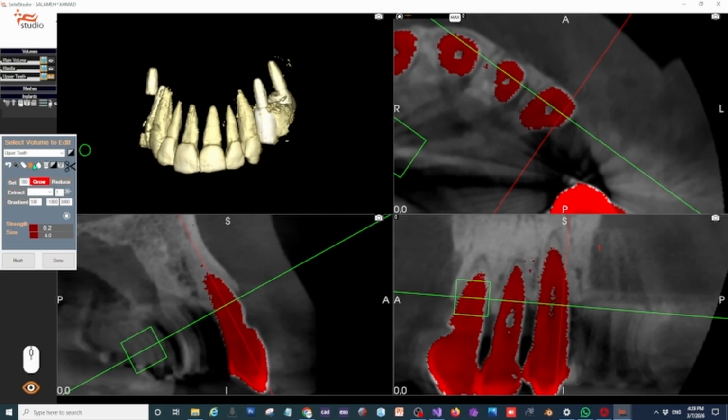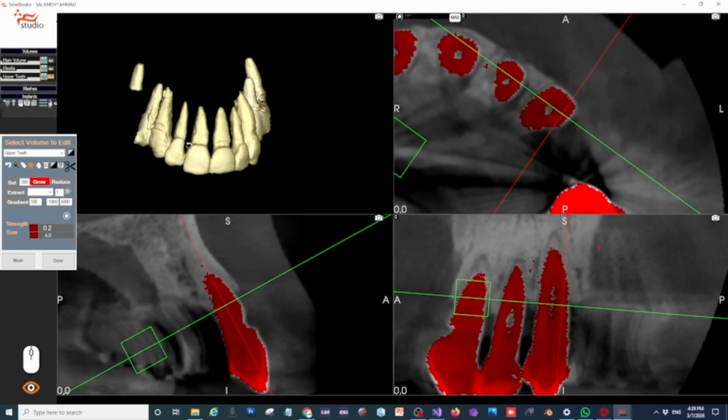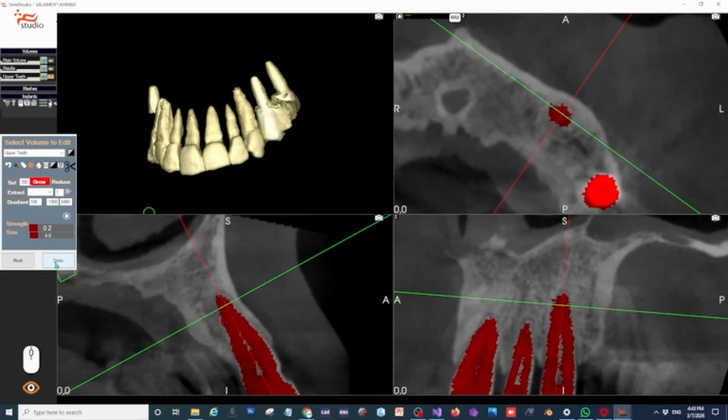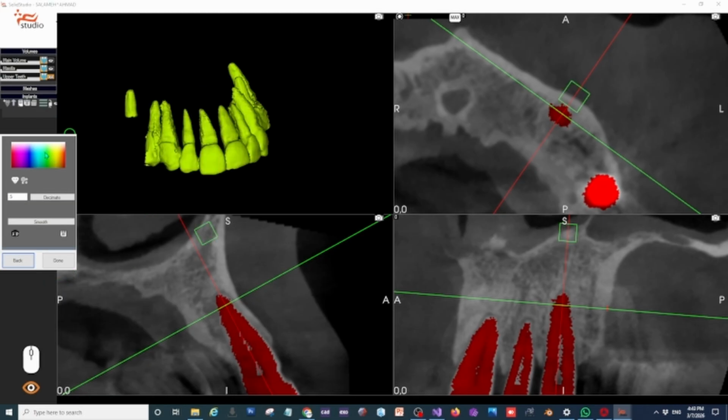To achieve a more natural and refined appearance, we'll apply a blur filter to the volume. Setting this to 50% will smooth out any jagged edges or noise from the segmentation process, resulting in a high-quality, professional finish. After converting the volume into a mesh and assigning your preferred color, we can move on to segmenting